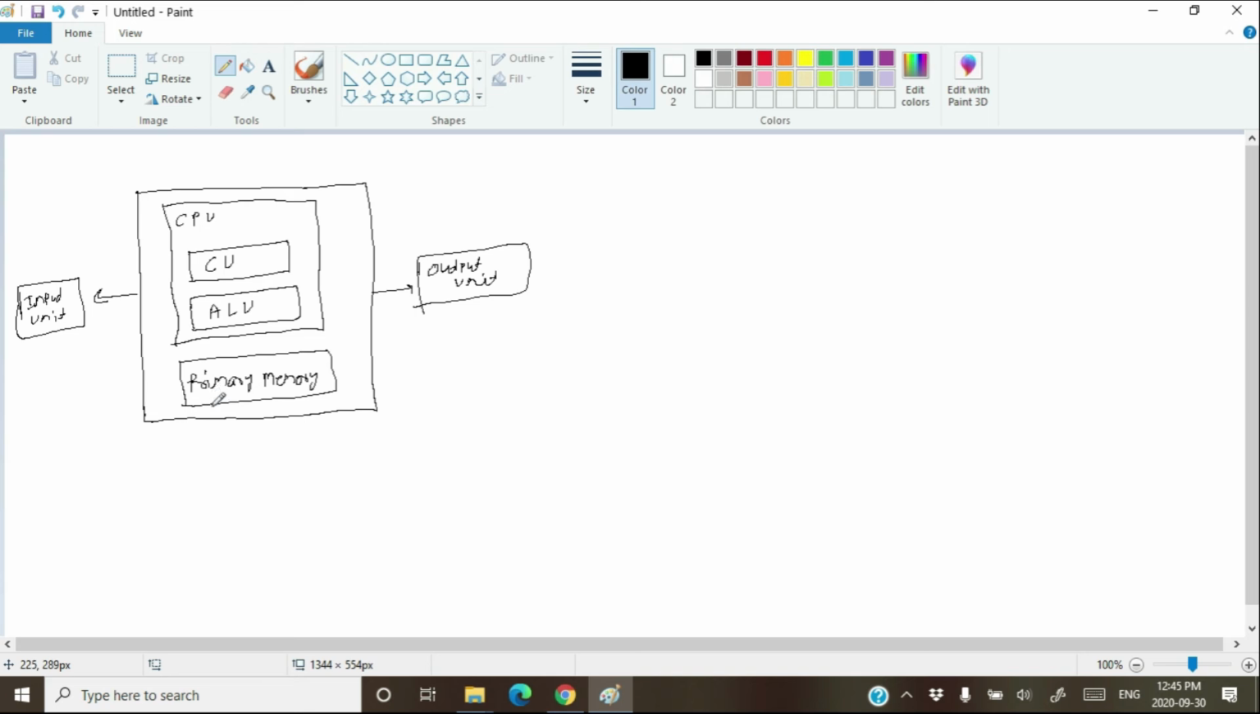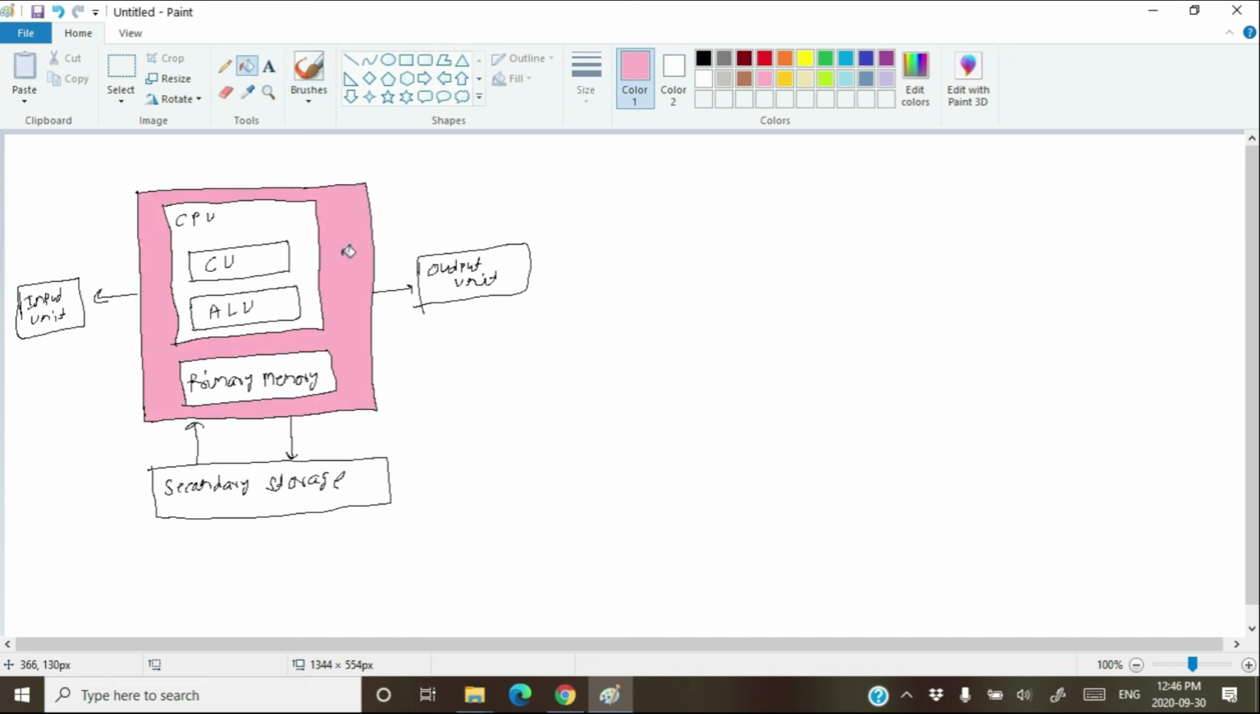Okay. Then after, you have something called secondary storage. Okay. And from the secondary storage, you either give data in the computer or take data from the computer. Therefore, you can say that if I fill this color, then this colored part is the computer, which has only two components, primary memory and CPU,